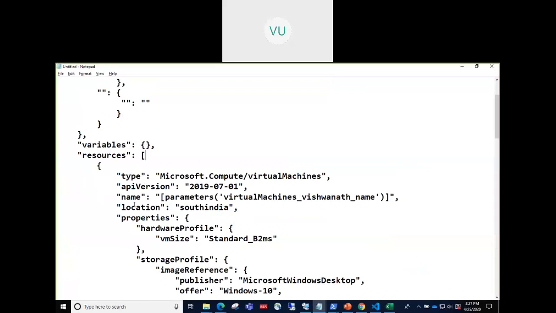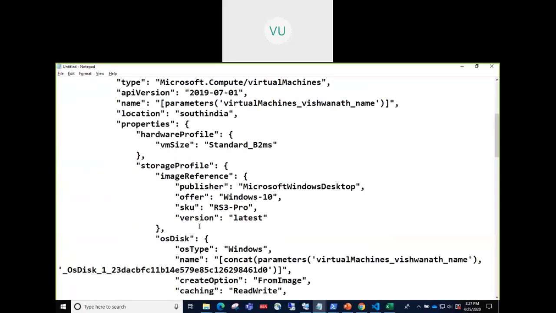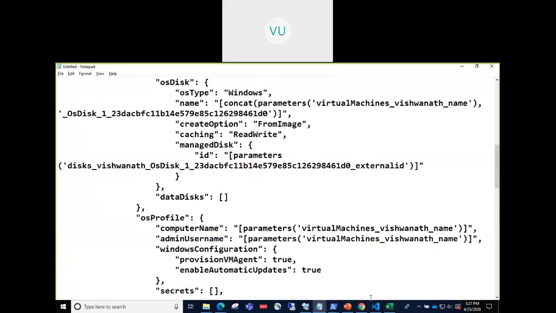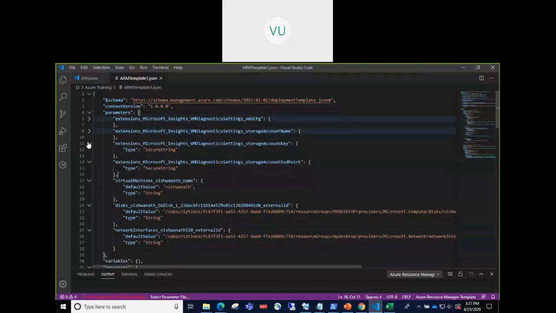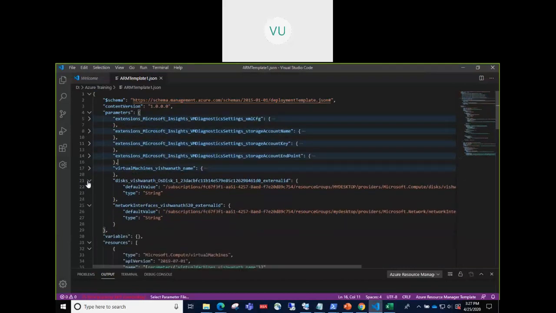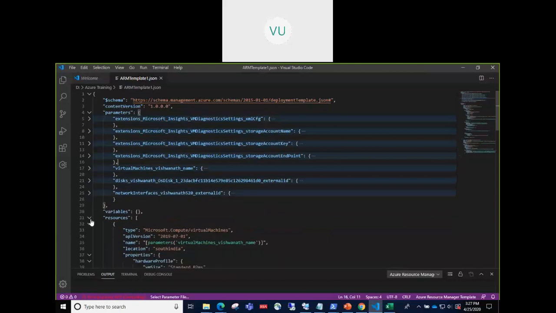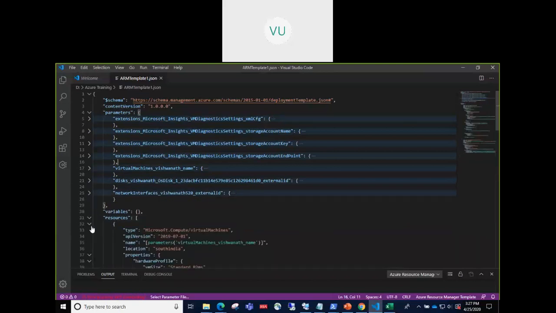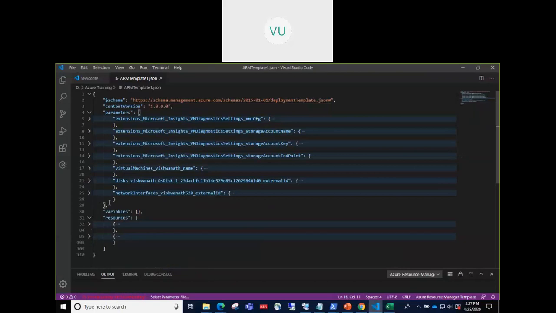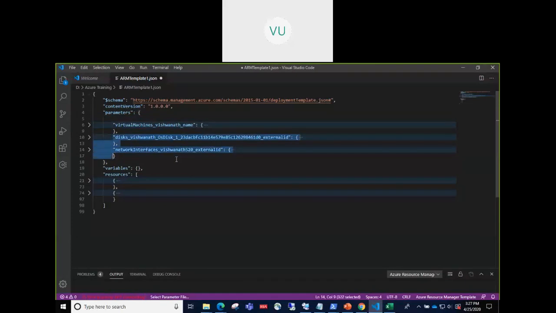So if I just delete everything here and just keep one, this is difficult to edit here, so this becomes easier here. So if I just, okay, and remove all this and just keep name.